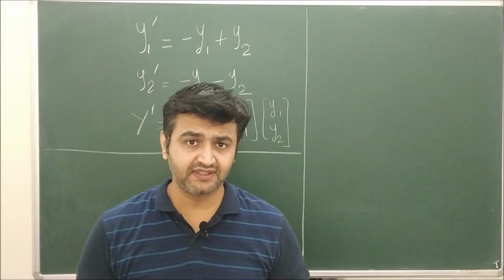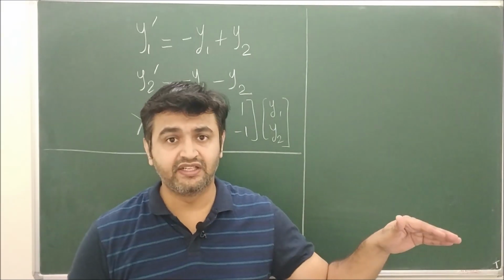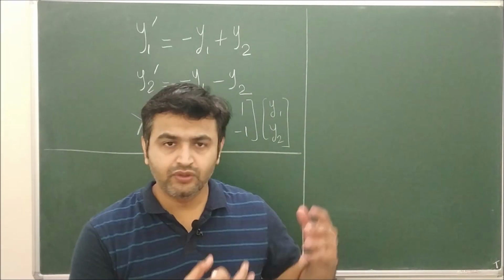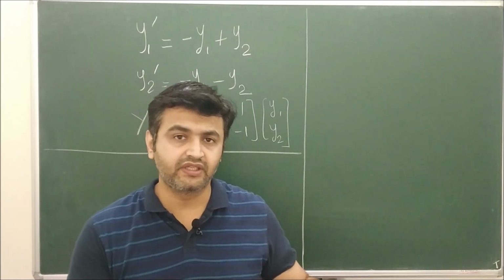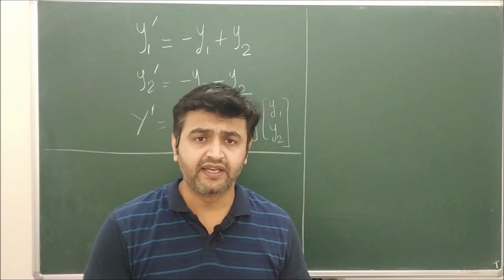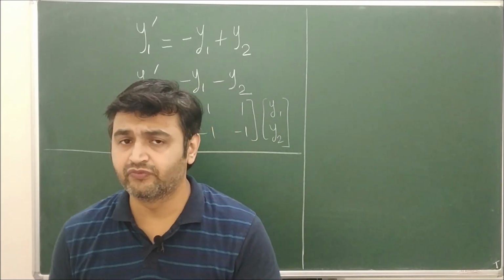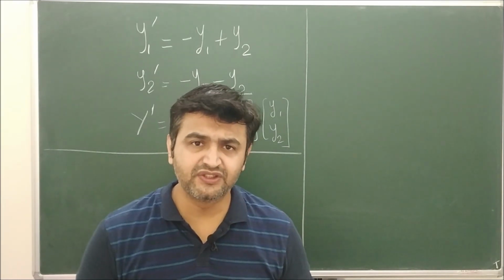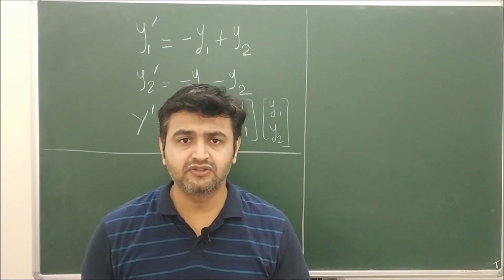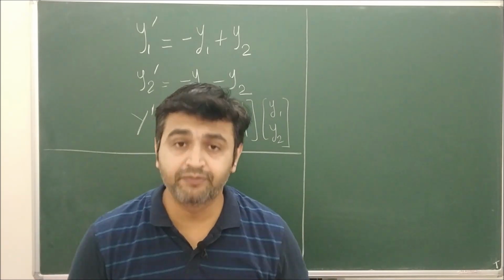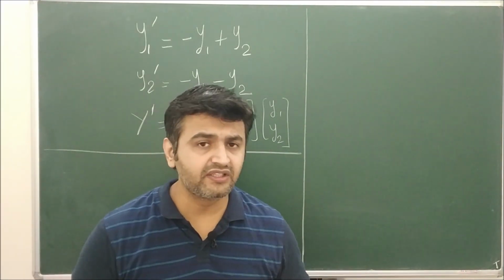Only one thing was missing: if you have complex eigenvalues, then the eigenvectors will definitely be complex, and you can write the general solution in complex numbers. That's not an issue. But most of the time, or you can say always, we write the solutions in real form. We avoid writing complex numbers because it's difficult to visualize. If you have real functions, you can at least draw the graph and try to interpret the solution, which is difficult in complex form.